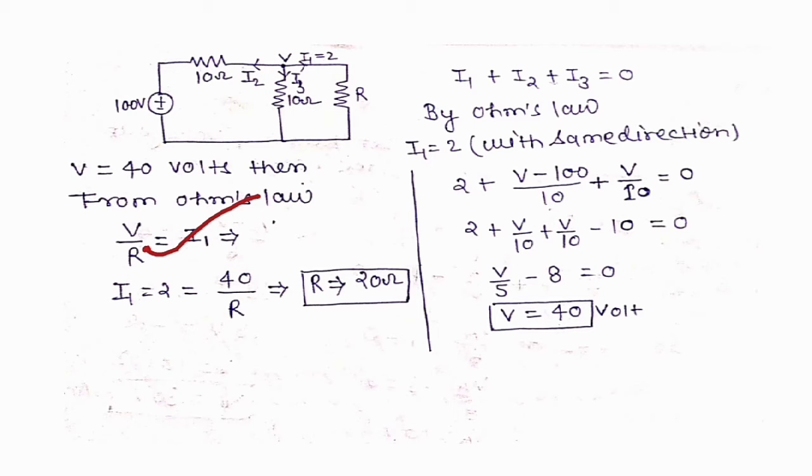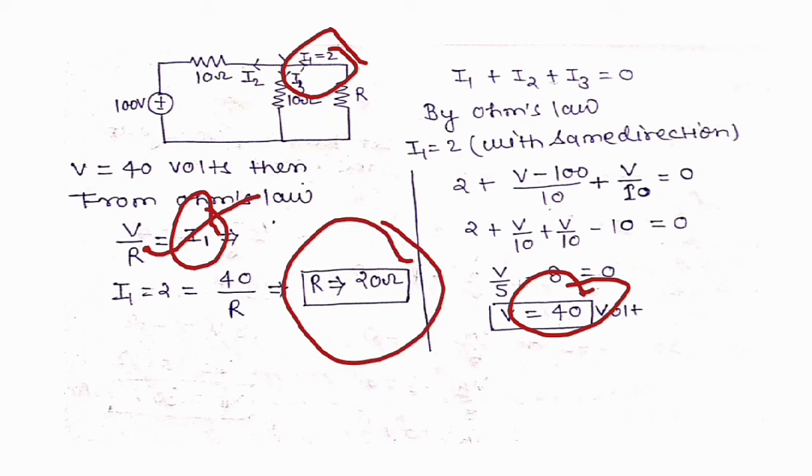So we will get the value of 40 volt, and R is the value we want to calculate, and I1 is already given in the question, that is 2 ampere. So here 2 equal to 40 divided by R, and then you can calculate R equal to 20 ohm. This is the easy way through which we solve the first question. In the first question, we took only one voltage source, and we learned how the KCL method will be implemented on the network for solving the equations.